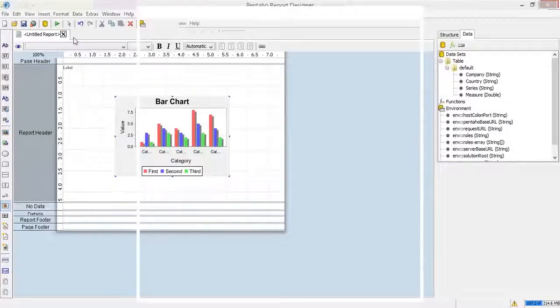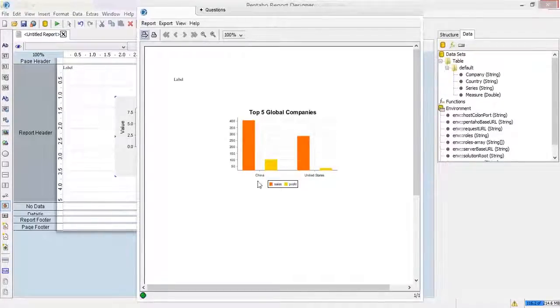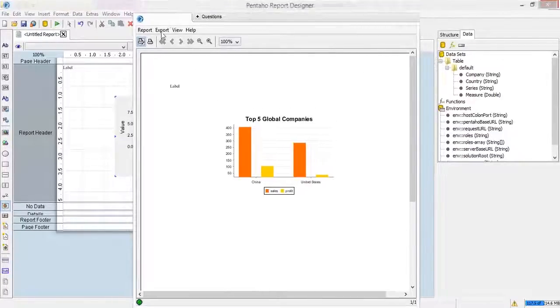We'll execute in print preview. So you can see the charts, but you're not able to see all the elements in one go, because there are 5 companies, the top 5 companies, and you're able to see only 2 companies. Even if you generate the report,